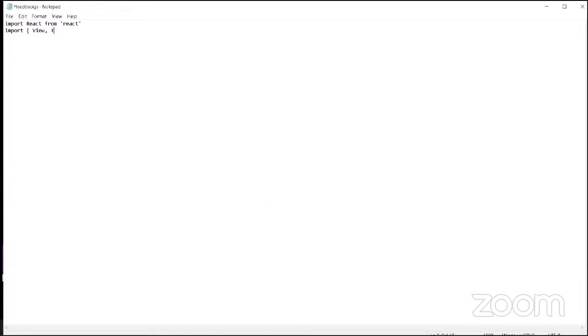I of course need a text and a button from React Native. And the last thing I'm going to do is write a quick phone call. I'm going to import a few things from React Native Communications, and I'm going to talk about that just once I'm done importing. Email, I think, and text from React Native